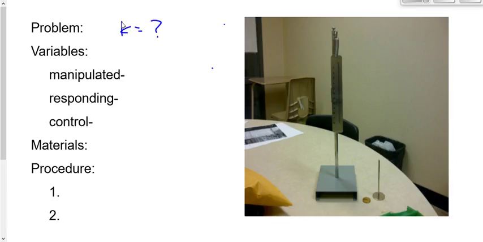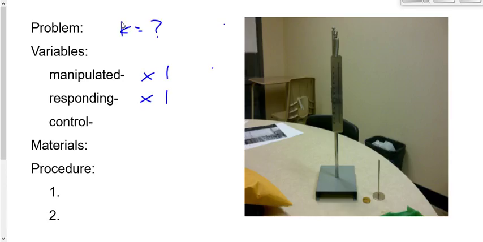We're going to have three variables, of course. The manipulated variable, of which there is one. That should become relatively evident, I think, as we go through the procedure. Similarly, we'll have one responding variable, which should become pretty evident to you as we go through the procedure. And then the control variables, of course, we're going to have thousands of control variables, but there's going to be